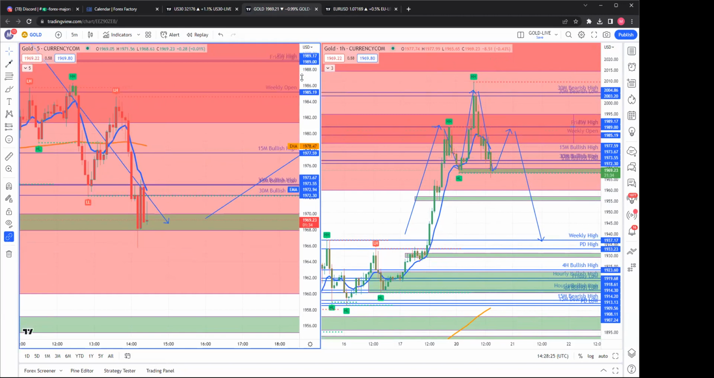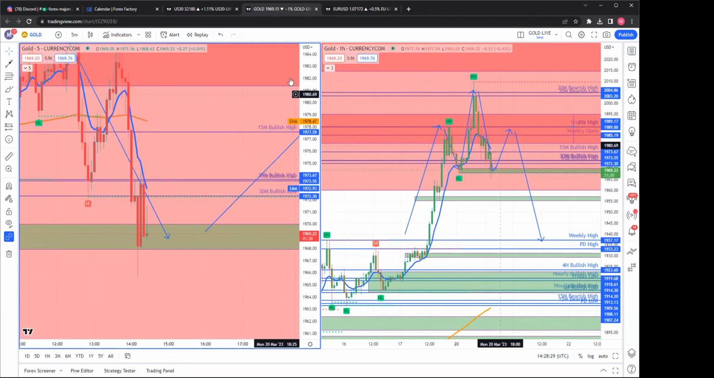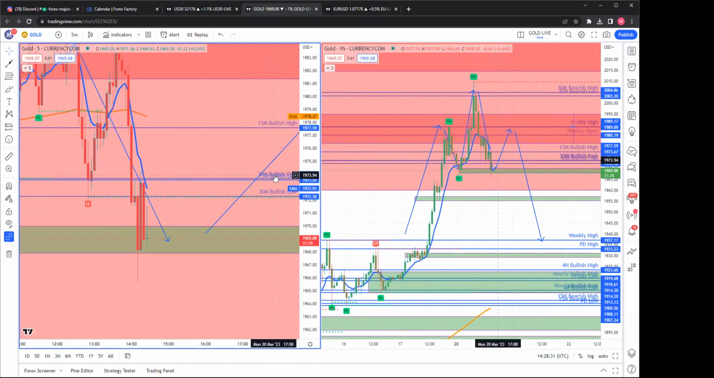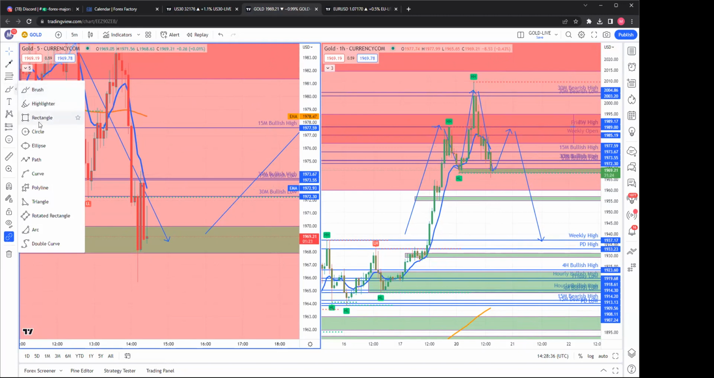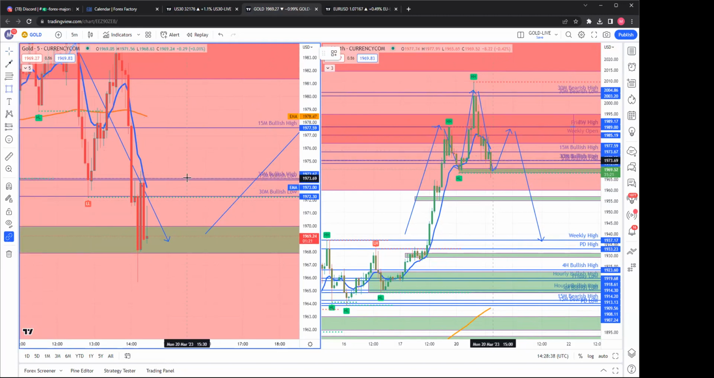Now, what I see here, we have a demand zone here. So price can shoot up here. We have a 30-minute bullish low and 30-minute bullish high. So we have a possible buy zone here. And for me, what I see drawing this is that